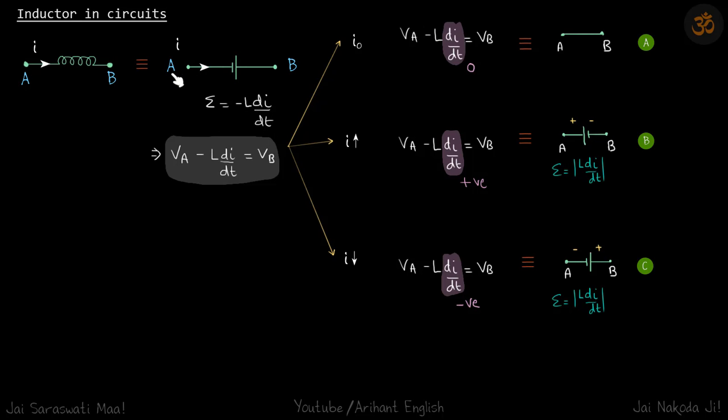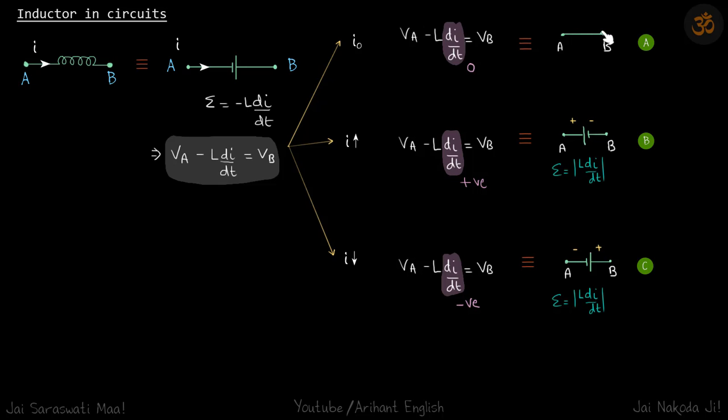So if we go from this point to this point using KVL, we get VA minus L di by dt, which is the EMF of this battery, is equal to VB. Now you will see the importance of this negative sign and why we don't need to put a mod here. First case, when current is constant I naught, then this di by dt becomes 0. So you directly get VA is equal to VB,